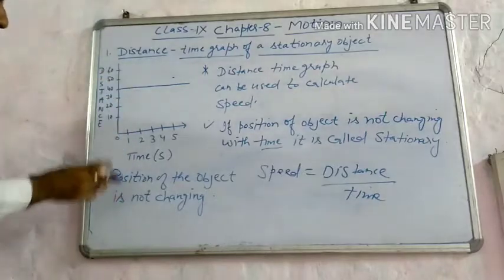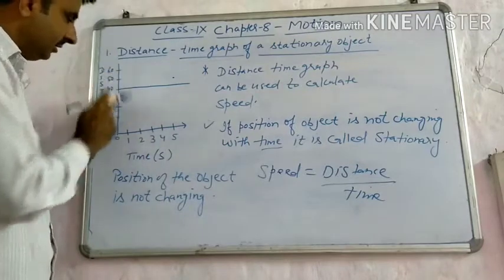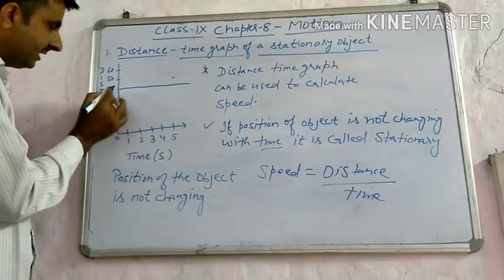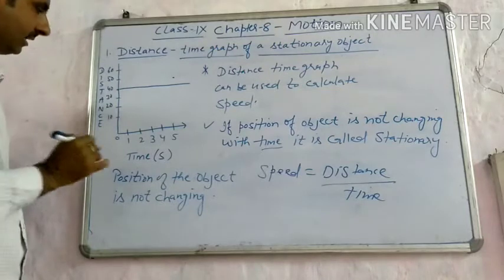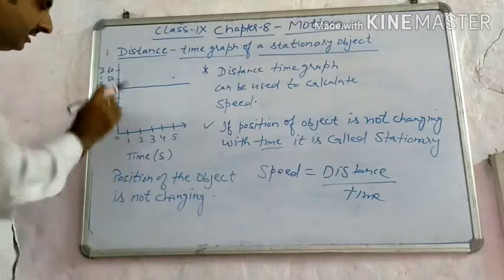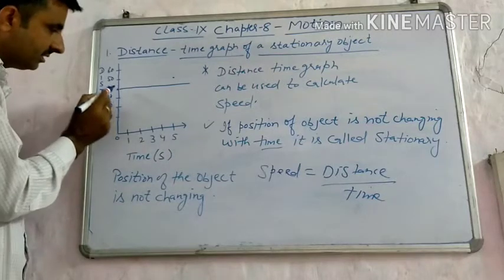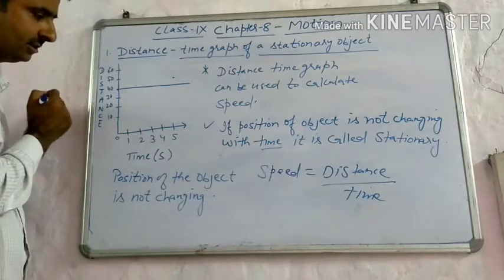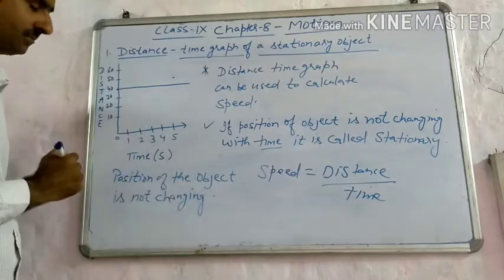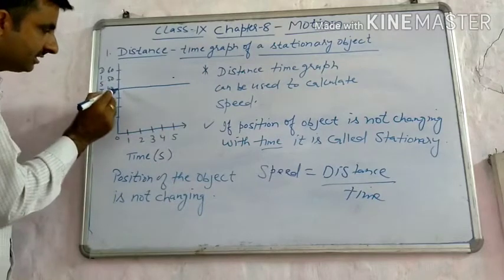Okay, first case is when the object is at stationary position, it is not moving. Say for example, the position of the object is here, it is here at 40 meters. It is fixed, it is stationary, it is not moving. As the time keeps on changing, but the object is stationary at this position, means the position of the object is not changing. So at 1 second, 2, 3, 4, 5 time is going on, but this object is at stationary position.